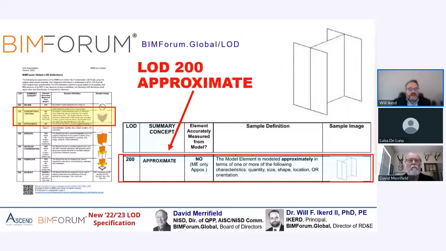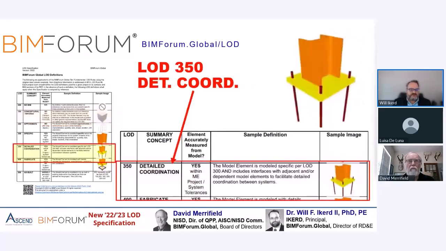When we look at LOD 200, the keyword you'll have there is approximate. May elements be accurately measured from the model? No. And you'll find that in this table. And this would show you an example here, the steel column. As we move to